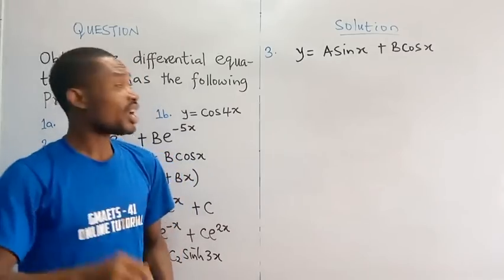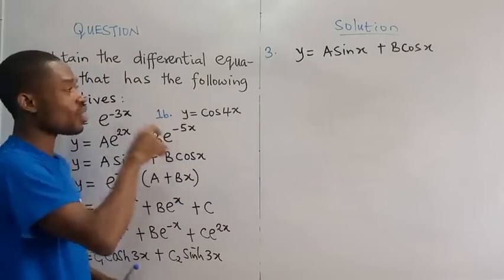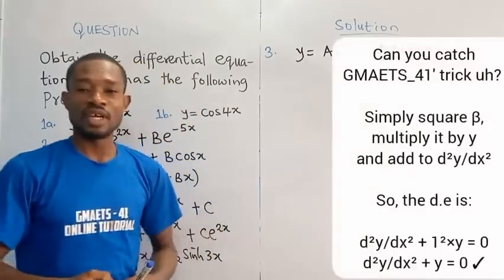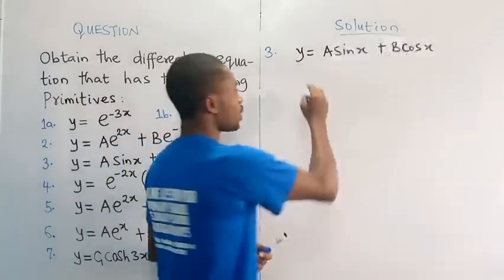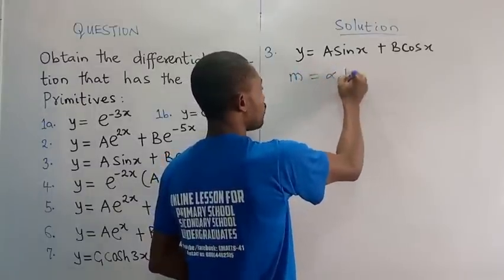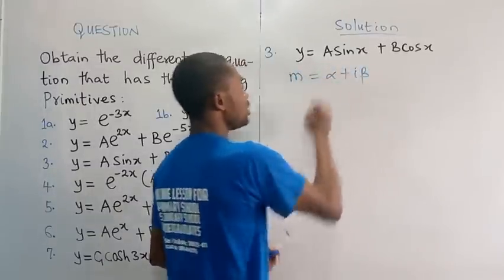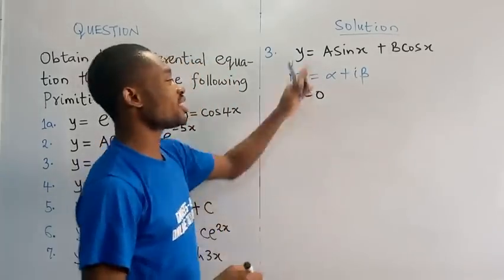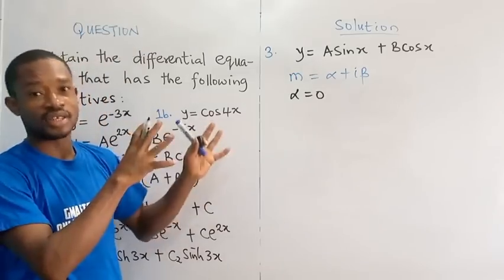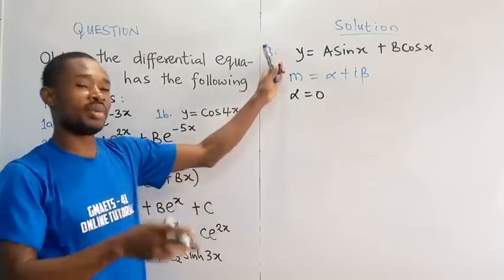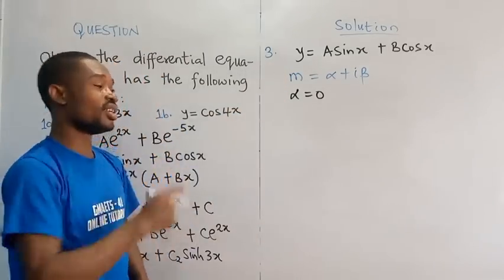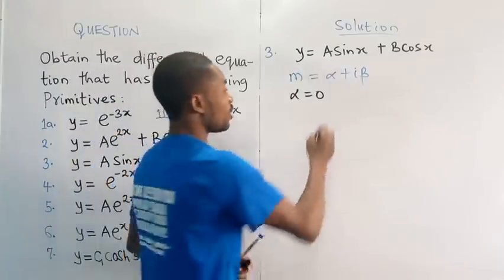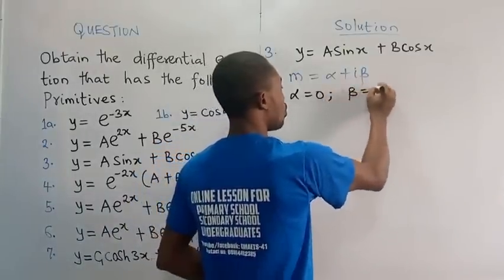1. But there's something I told you, I guess, in question number 1b, that once you see sine or cos, you should know the general form in which the root of that equation will take. So recall that m is going to be alpha plus i beta, where in this case, our alpha is going to be 0. Are you following right? Because there is nothing like e to the alpha x in this case. Are you following right? So this thing, based on that solution I showed you earlier, is actually in line with solution 4. Okay, so alpha is 0, and of course we have our beta to be equal to 1,